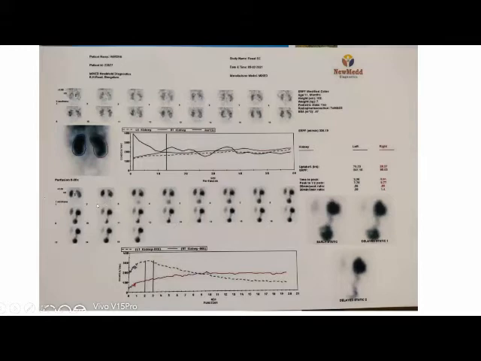Another thing to identify whether proper hydration is there or not is that the bladder should usually be seen. If there is adequate hydration, the bladder will usually be seen in the third to the fourth film. In the fourth film, you can make out the bladder outline. So it shows that the patient was well hydrated before starting the scan.